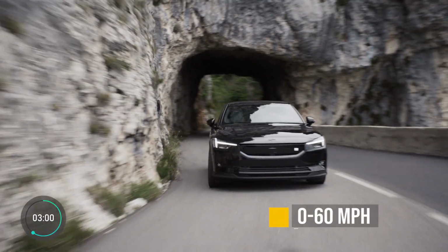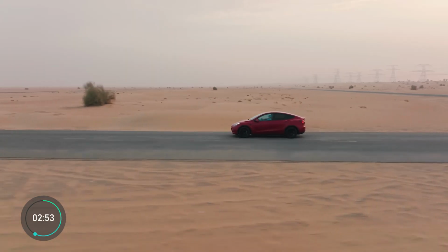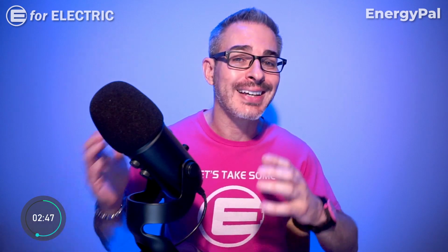Both are pretty fast off the line, with the Polestar 2's best 0 to 60 time at 4.1 seconds, where the Model Y can do it in a very impressive 3.5. Now let's move on to some fun stuff like self-driving, tech, and NHTSA recalls, but before that, a quick reminder